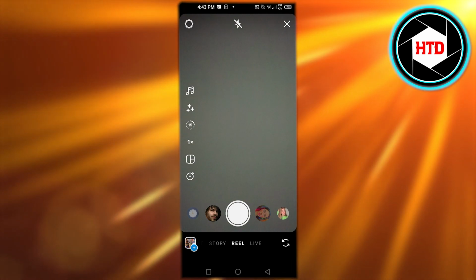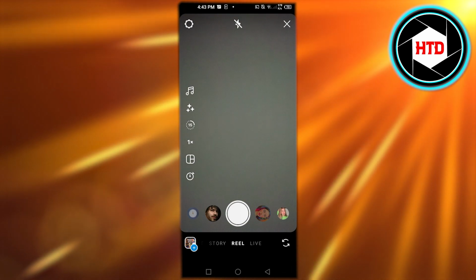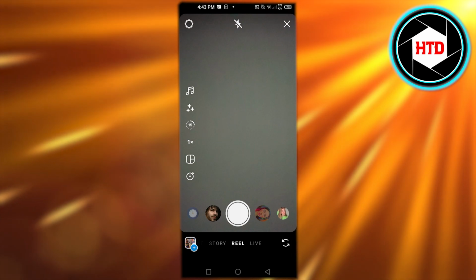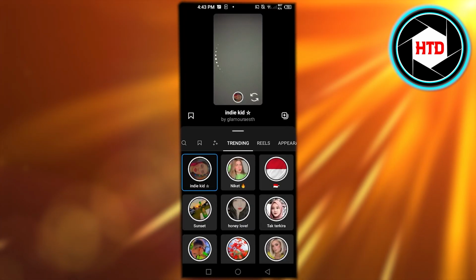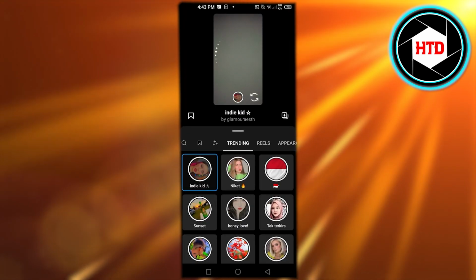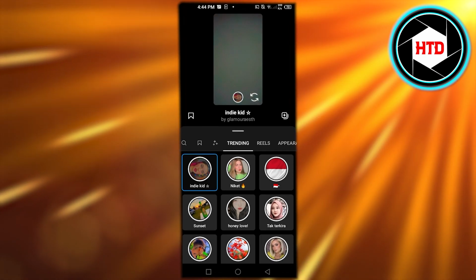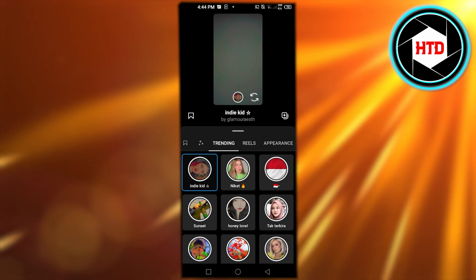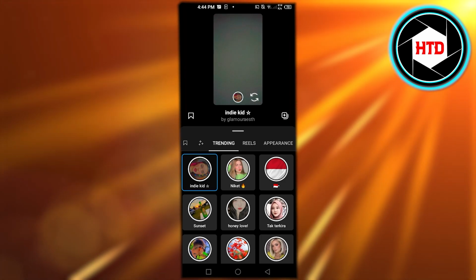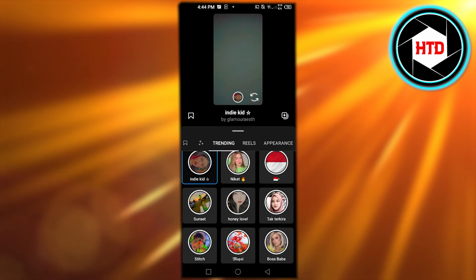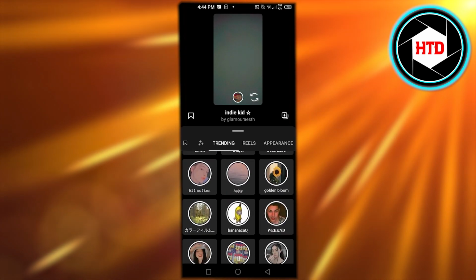At the side of your screen, you are getting the audio option, music, and then we have the filters. So you're going to click on it, and it will show you the different options. You can see we have trending, reels, and then we have appearance. So you can actually customize your search. I'm going to go to the trending right here, and it will show me all of the trending filters